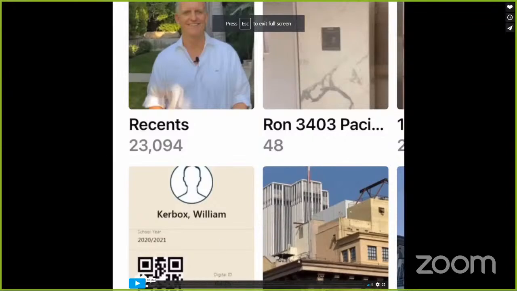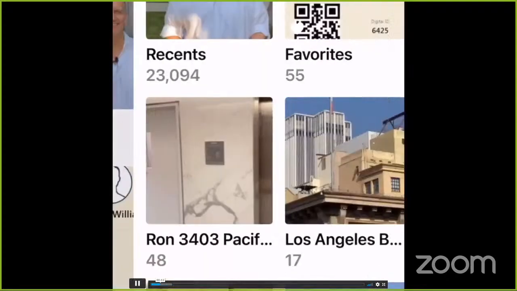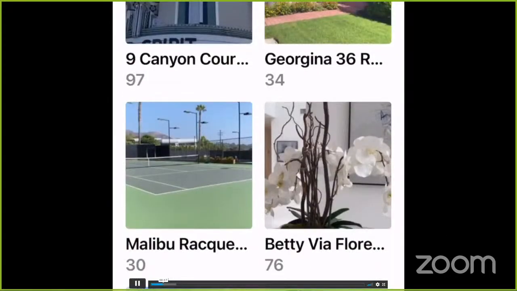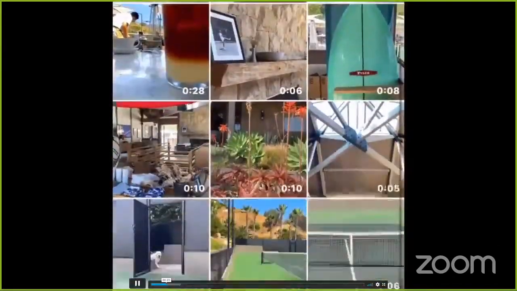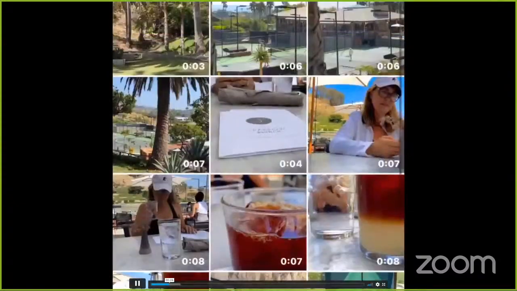Okay, here we go. So today we're going to take a look at 2 very important features of the iPhone. If you're going to be editing, you definitely need to know how to use the albums to collect video and photos. So today we're going to actually go into one of my groups here, one of my albums, and we're going to take a look at all of the little clips that I put in there. But now, pre-editing,